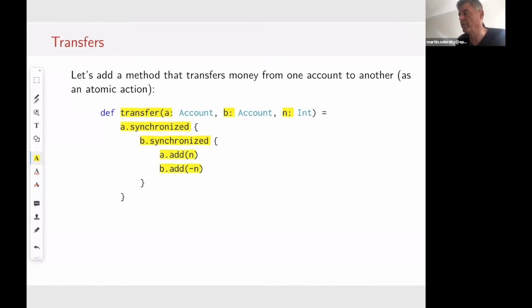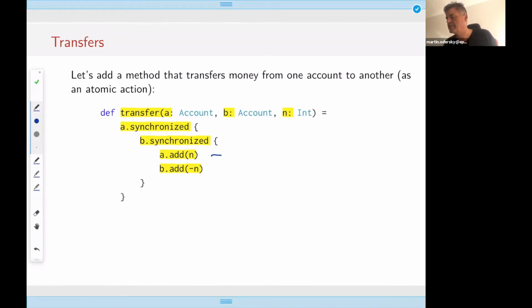Why do we want to lock both of them? Well, because otherwise the system could be in a state that is not in equilibrium, that is illegal. So let's say we do each of these operations separately. Then we would have a state where A has some money that B hasn't relinquished yet.